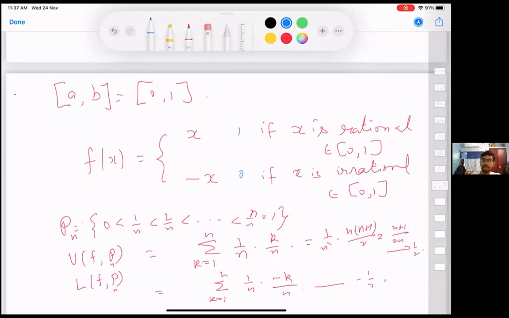When we show that a function is integrable, we will have to prove that LF and UF are, that is, LFP and UFP will be equal for all the partitions, right? But they're not equal. No, to show Riemann integrability, LF equal to UF, not LFP equal to UFP. Yes. Okay. Sorry.